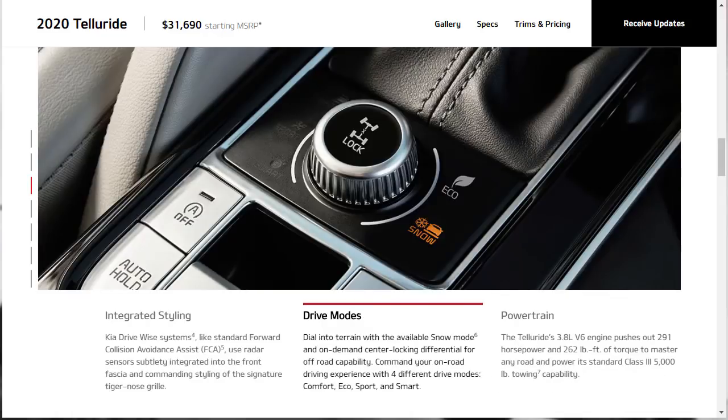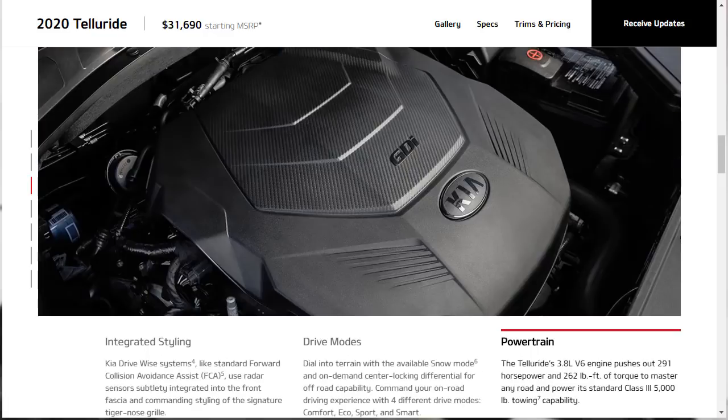Okay, drive mode. It says dial into terrain with the available snow mode and on-demand center locking differential for off-road capability. Command your on-road driving experience with 4 different drive modes: comfort, eco, sport, and smart. And then lastly, they're going to tell us about that engine, which we already know about. The Telluride's got a 3.8-liter V6 engine, 291 horsepower, 262 pound-feet of torque, and it's got a Class 3 5,000-pound